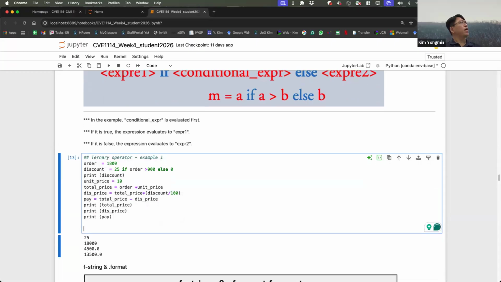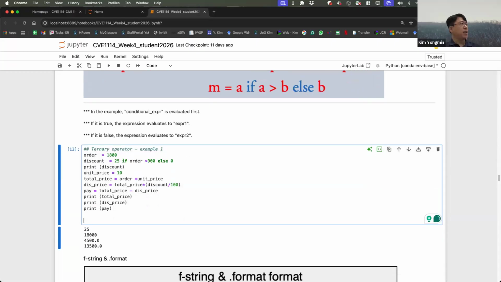So it looks very complicated. I want to develop a bit more fancy code. The total price is, I put the plus total price.